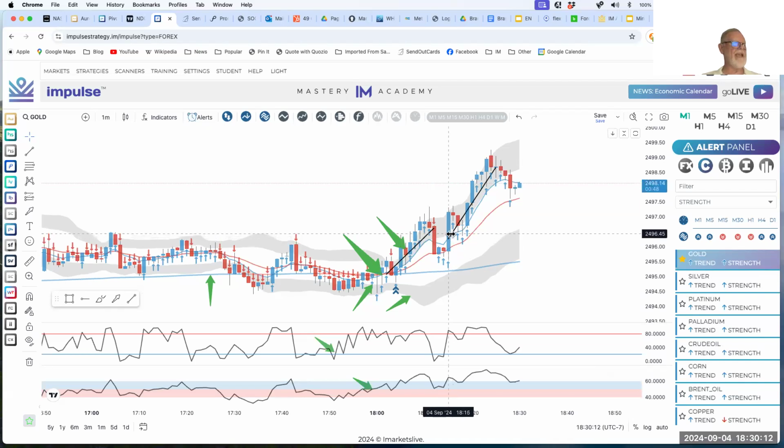You got another signal to get back in here, crossed up through the blue, went up through it more strongly into the blue zone on the RSI. We're back in the gray area. We're going up, up, up, up, up. Here we drop through the red zone again, right here. So you could get out here, and that would be your 280 pips right there. All right, so that's the basics of impulse. I'm going to stop that right there so you can see exactly